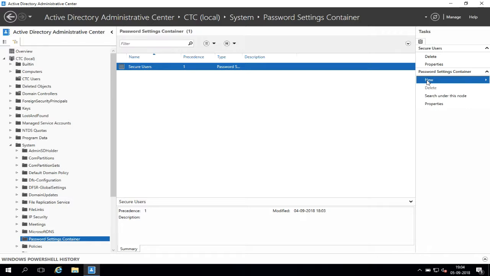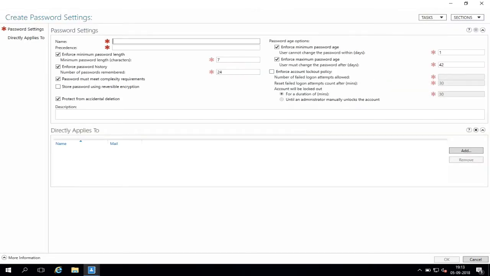Now, click on this New button, then Password Settings. In this password settings window, several options are available, such as minimum password length, number of passwords remembered, password complexity requirements, and many others. Okay, let's start creating one password settings. Name: CTC